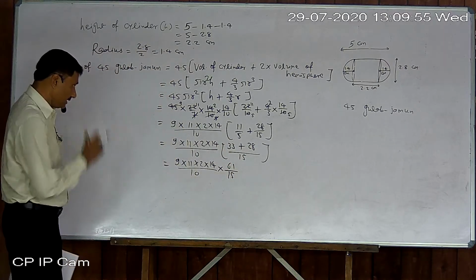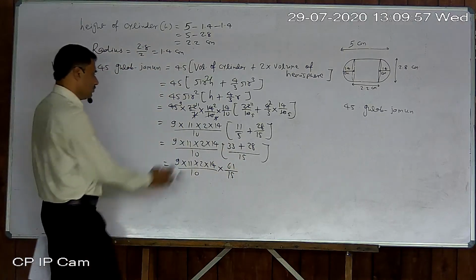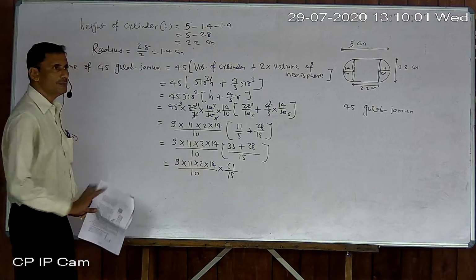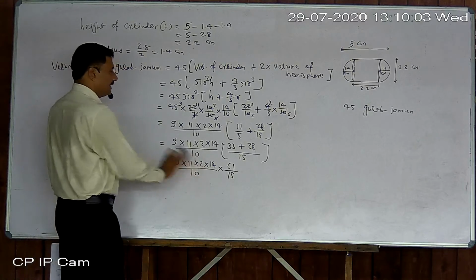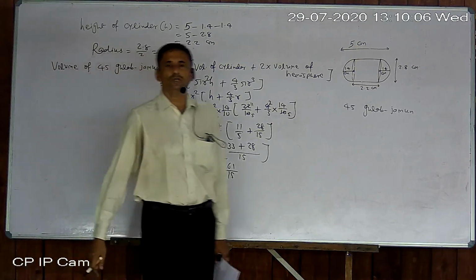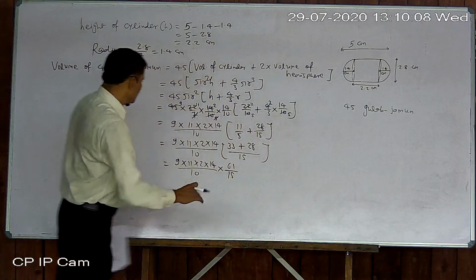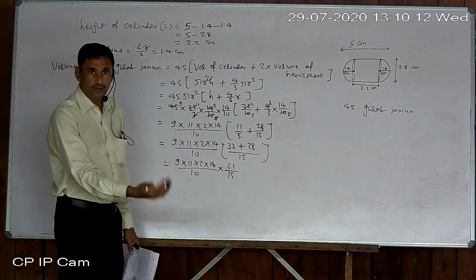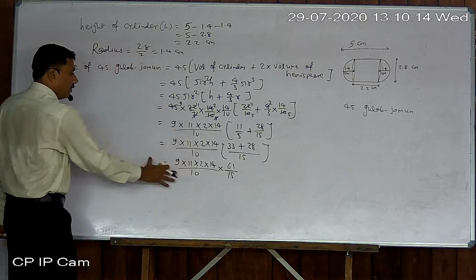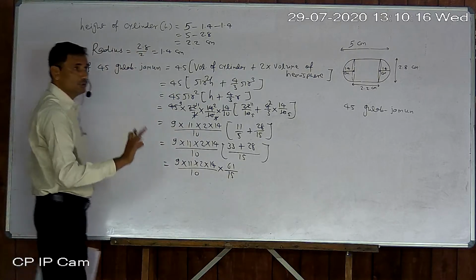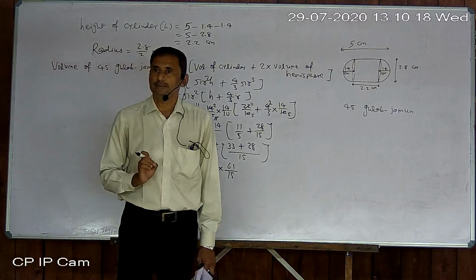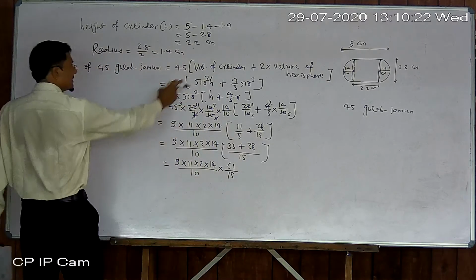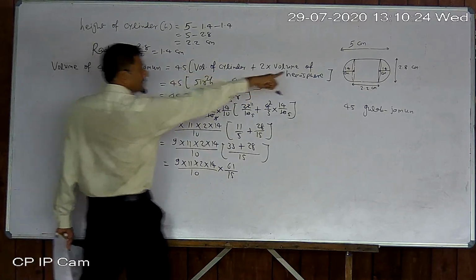Now try if anything can be cut, but not so much, only by 2 it can be, otherwise nothing. If you want to simplify here, you can, otherwise there is no need to simplify because that is not our final step. We have to go ahead. Why? Because that is the volume of 45 gulab jamun also. Actually they required sugar syrup, that is 30% of that. Again I just explain it.